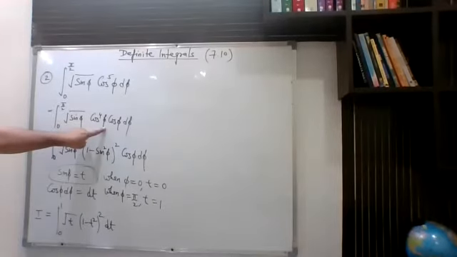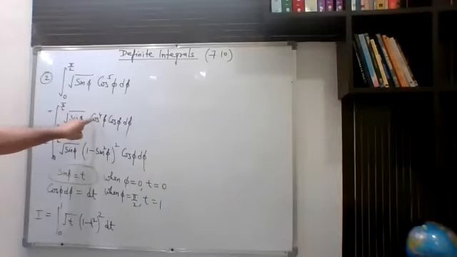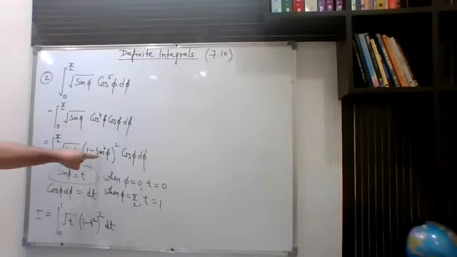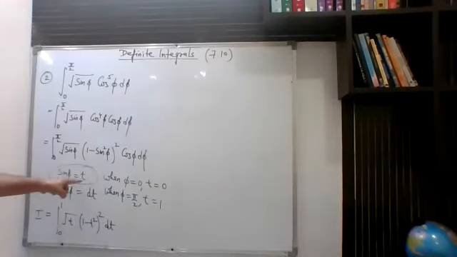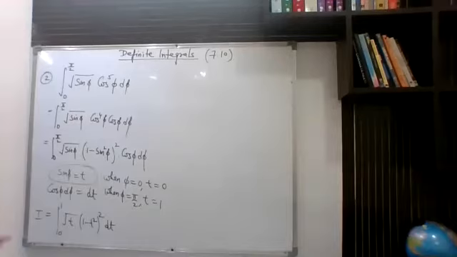This was cos to the power 4. This can be written as cos square whole square, so the internal one can be written as (1 minus sine square phi) whole to the power 2. This is how we had written it. After substituting sine phi as t, this is what you will get. Now, here you will expand this whole square, multiply root t into that, split the expressions and just integrate them. And finally, you will put the limits from 0 to 1. So let us see how.